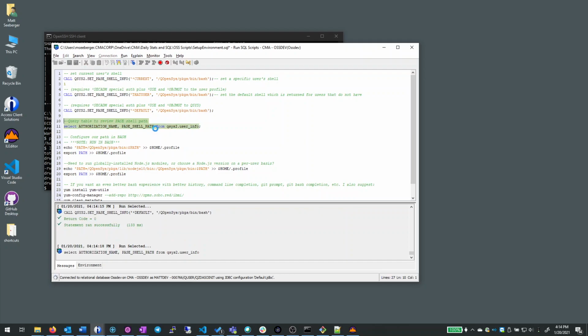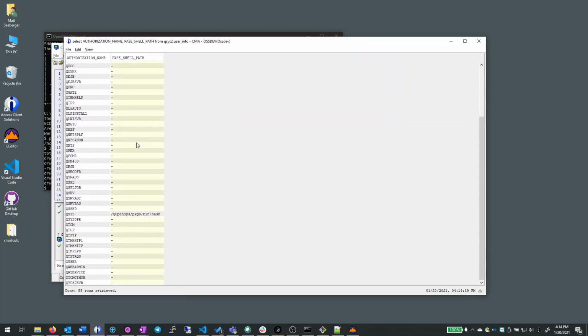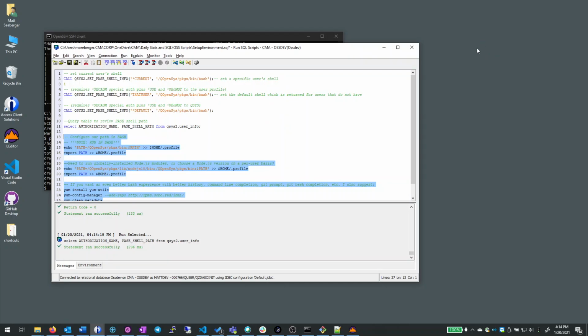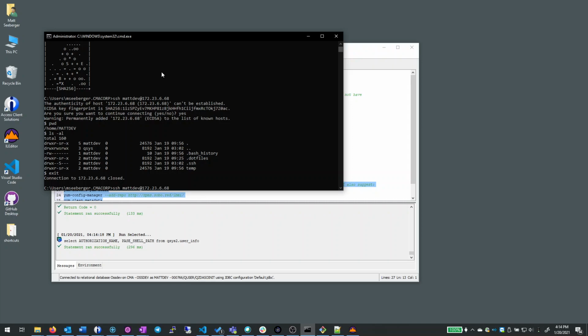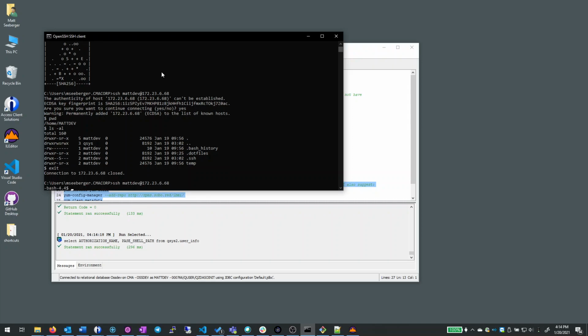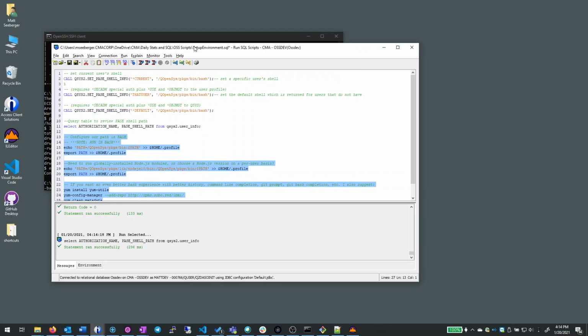Okay, so if we want to see what's actually in place, you can come in here and look at this. This is the default right here, QSys. So we can see that that's in place. So now if I come over here and I type exit and I SSH back to the box, now you can see I'm using bash. But we want to make bash a little bit more